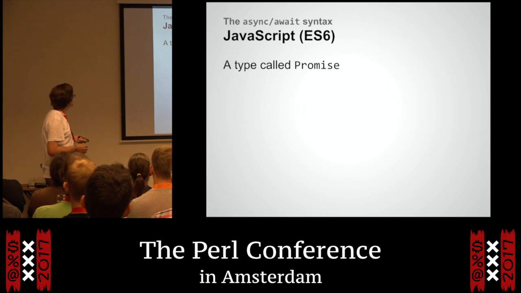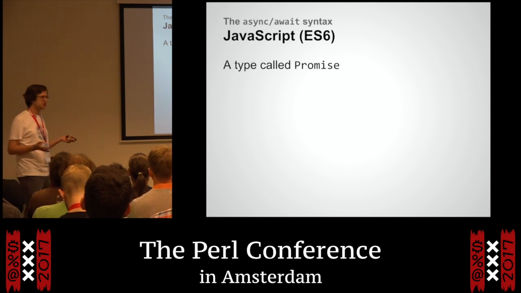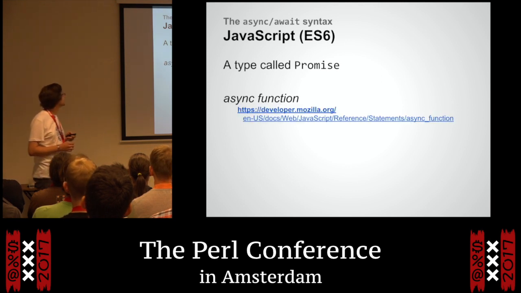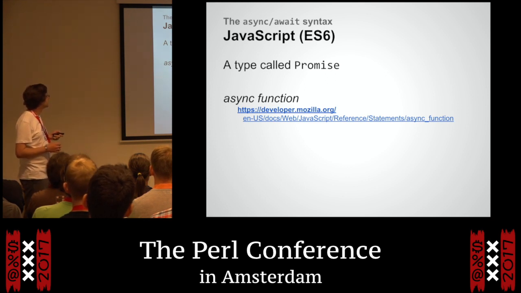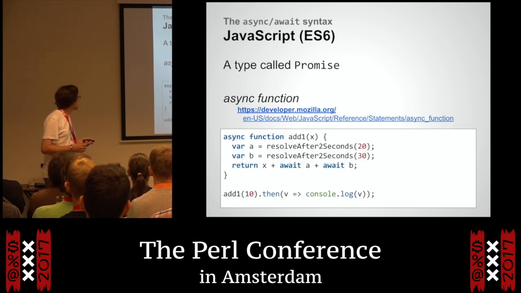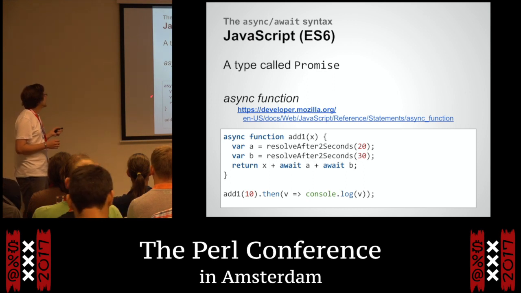What does ES6 do? Well, in ES6 there's a type called a promise, which is basically the same as a future. They just picked a different name because there are multiple names for these things, but they have a thing called a promise. And again, this is an example from their documentation. There's links in the slides. There'll be a link to these slides in the end, so don't worry about this link. But exactly the same syntax. We have this word async. For some reason, they put it before the word function rather than after, but never mind.